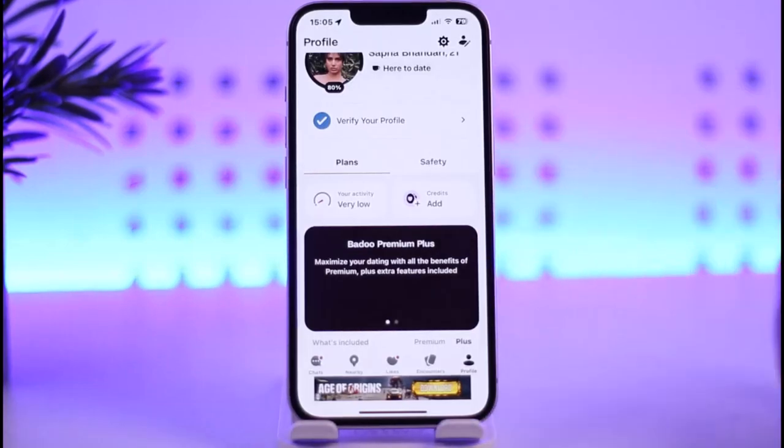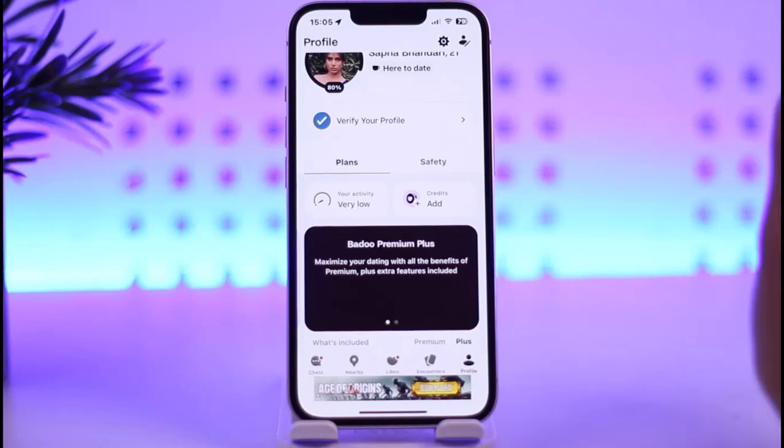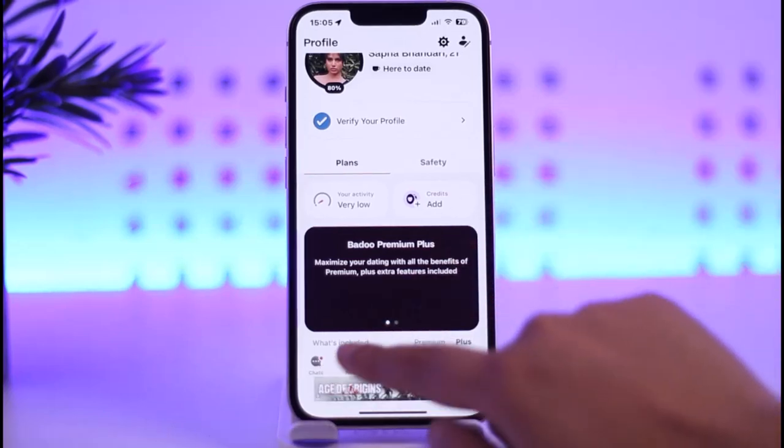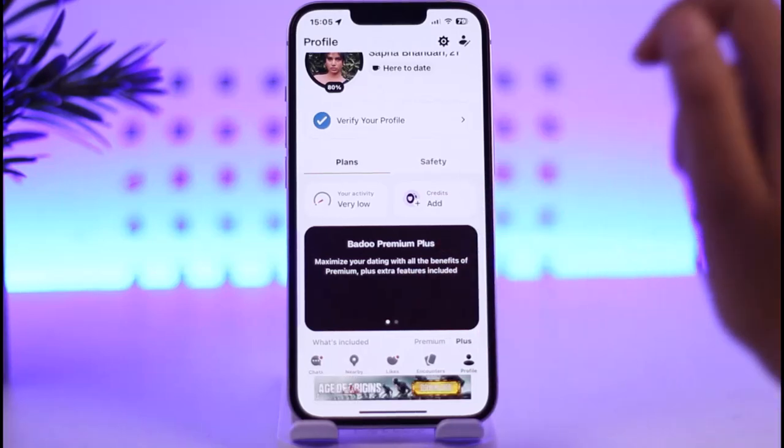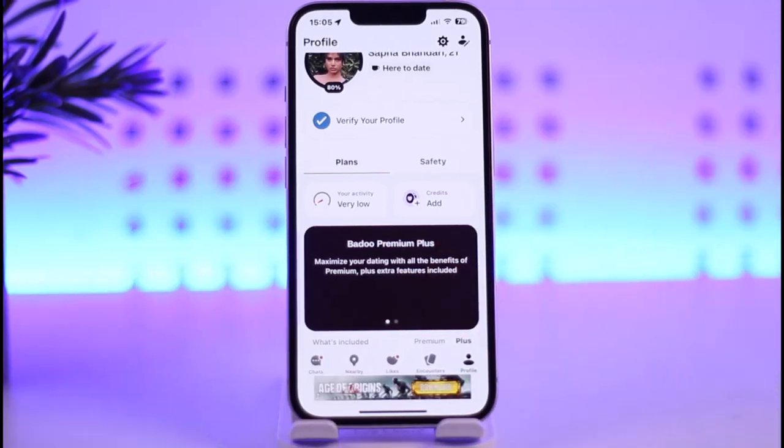You can choose to get it from your references, and promo codes can work in some cases, but here in Badoo, that also doesn't quite work. So you have to simply purchase it. Once you have purchased the Badoo Premium plan, you will be able to use all of the facilities easily and you're good to go. So that is basically it,